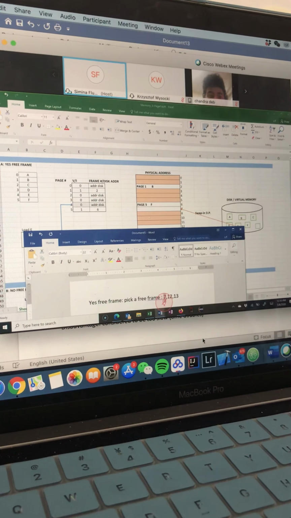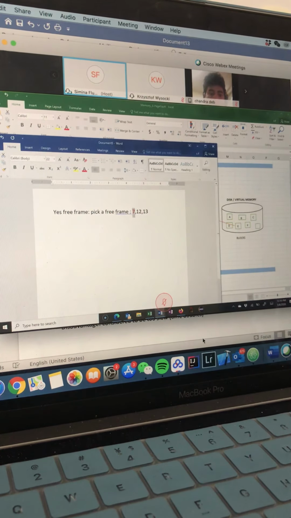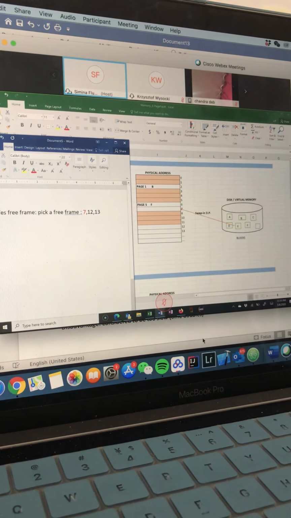So once the operating system picks a free frame, the next step is to copy the block that contains variable E, or copy the block that contains the demand page into the main memory. So we name this as bring in or swap in.